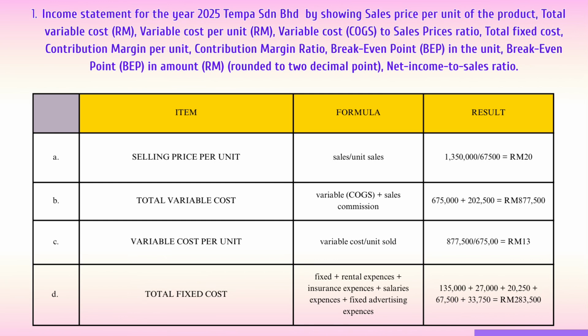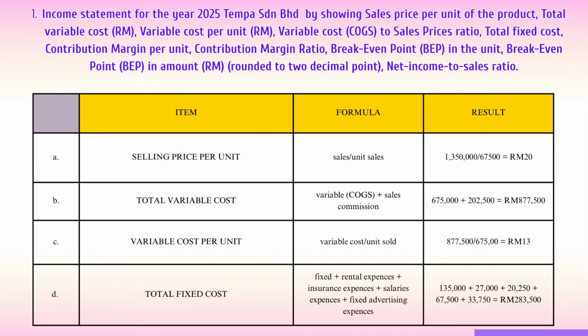For the total variable cost, we're going to take variable cost of goods sold plus sales commission. Variable cost of goods sold equals 675,000 plus sales commission, which is 202,500, which is equal to 877,500. So for the variable cost per unit, we'll take the variable cost divided by unit sold, which is variable